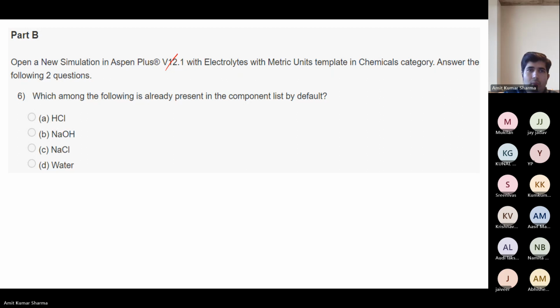So you have to open a new simulation with the electrolytes with metric units template in the chemicals category. Important: use this template. Then the questions. Which among the following is already present in the compound list by default? Let me know the answer. Water.